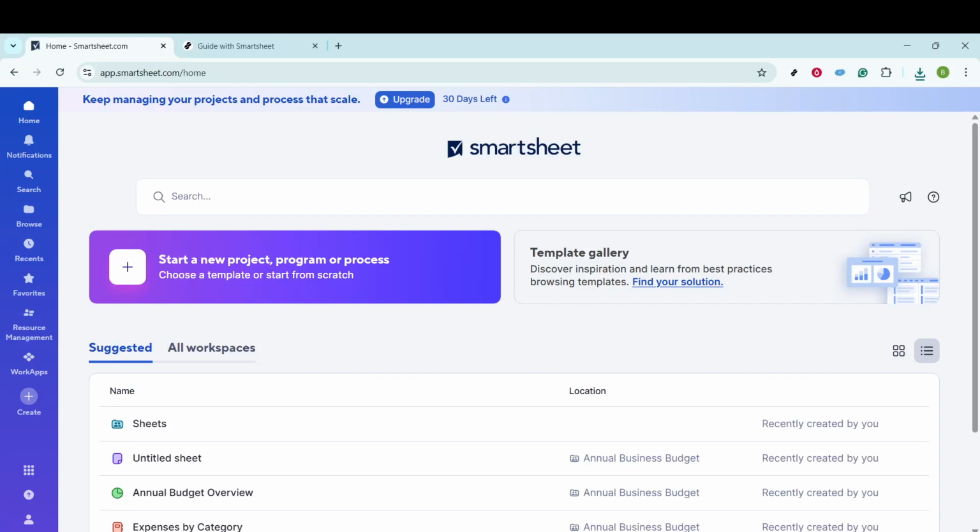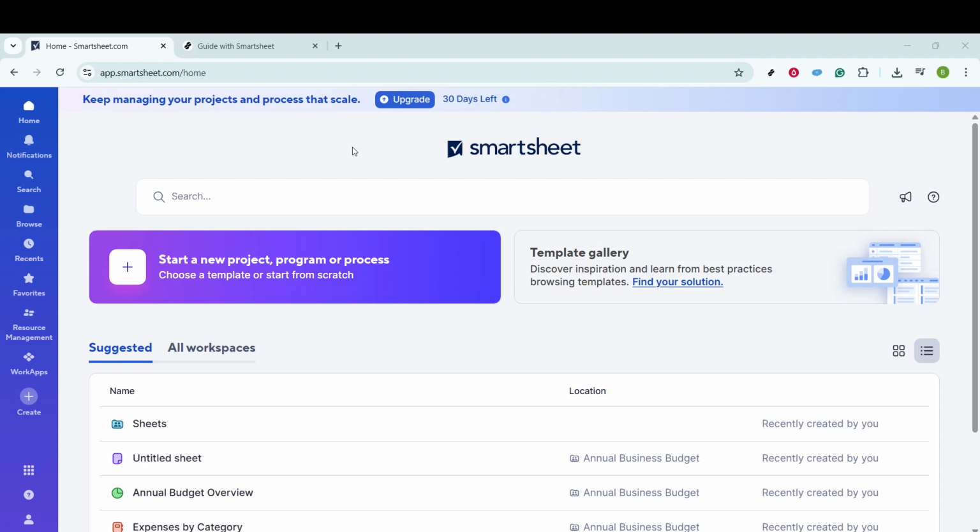In today's video, I'm going to teach you how to turn on Autosave in Smartsheet. Smartsheet is a powerful tool for project management and collaboration, and managing your changes efficiently can make a big difference in your workflow. Autosave is a handy feature that ensures your work isn't lost and that your changes are saved automatically. Let's walk through the process step by step so you won't have to worry about remembering to save your